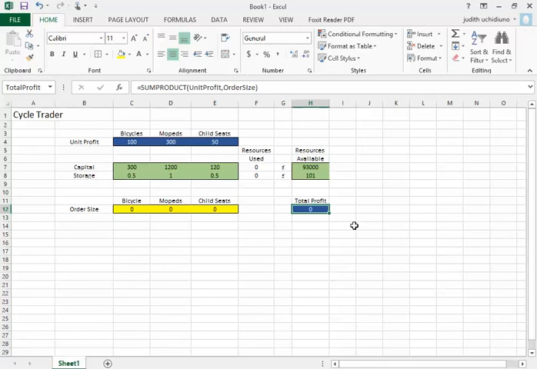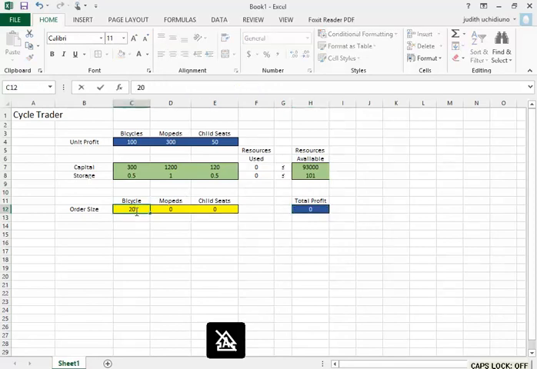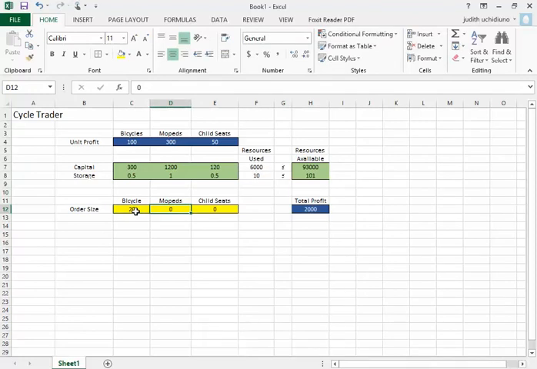Alright. Okay, moving on. So now we have all our formulas set up, right? Let's start playing. Under normal circumstances, what do we do? We'll start guessing, right? You'll start saying maybe if I order 20 bicycles, right? Okay. I make 2,000 profit. I still have much more resources. Say I order 100 mopeds. So when you start to change these numbers,